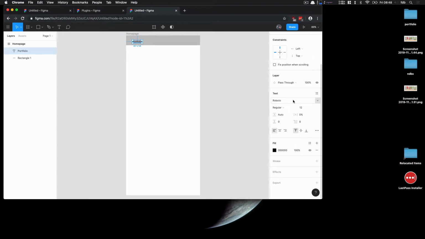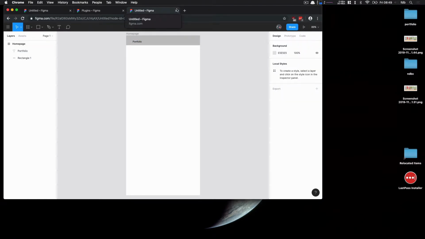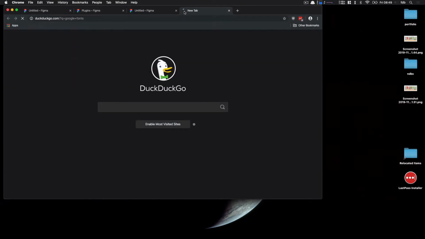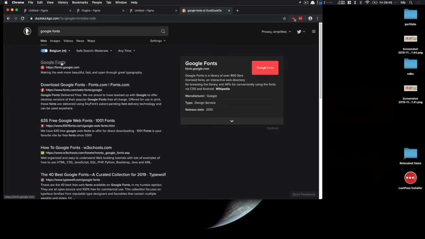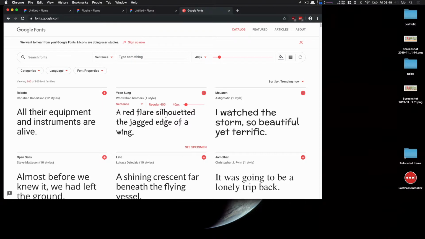The most important one maybe is font, because it's an important one once you're starting to talk about websites and typefaces, is that you can't use every font around. You have to use the web fonts, so the ones that you have a license for or ones that you've created yourself. Now, Figma makes this easy because it allows you to have direct access to Google Fonts. The only issue is that you don't know what any of these mean because you have no clue. So the best thing to do is to go to Google Fonts